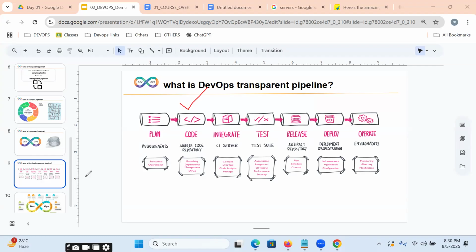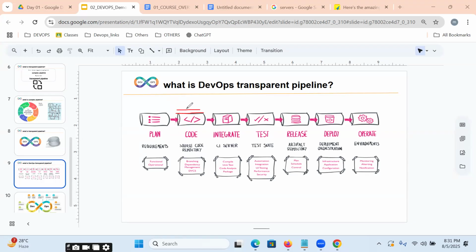But we are not writing any lines of code. Writing is the responsibility of the developer. Once it is written by the developer, those lines of code are going to be maintained by the DevOps engineer.